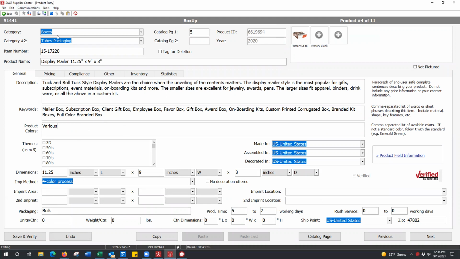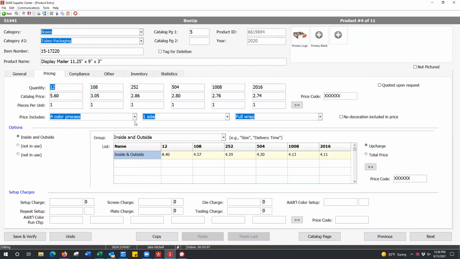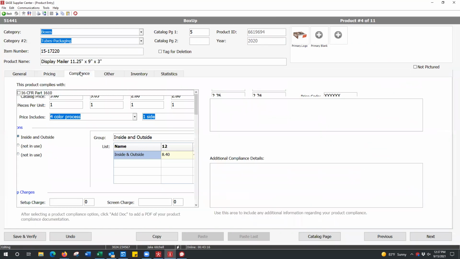I mean, you've got pretty much everything. And I'm assuming you guys don't charge setup charges, is that correct? Correct. Okay.